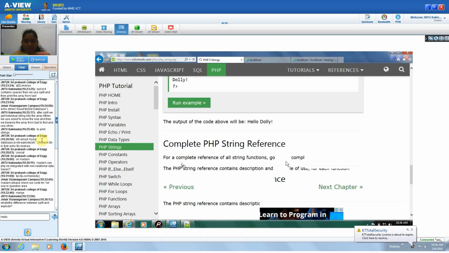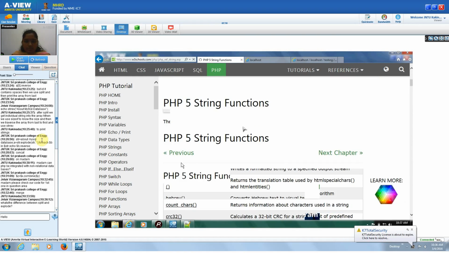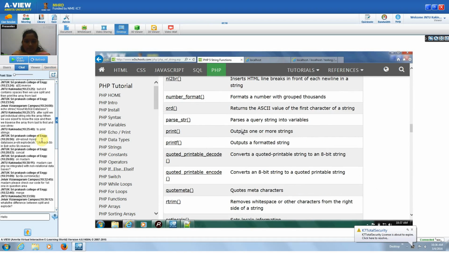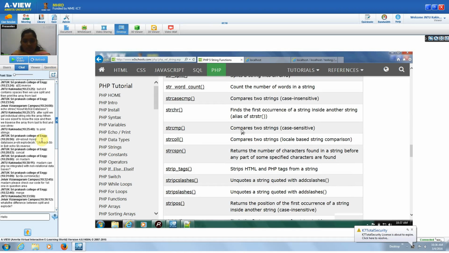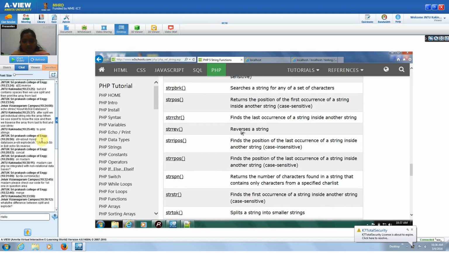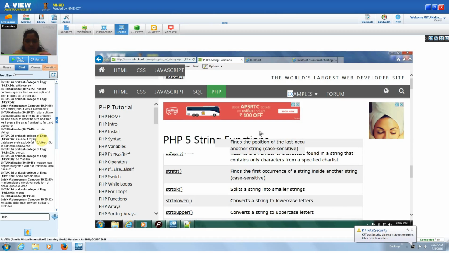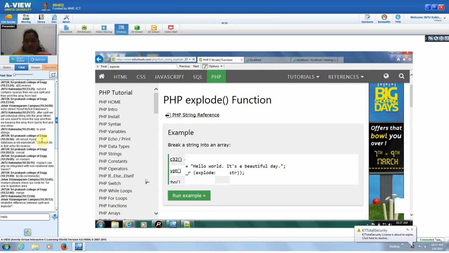So, visual notes. See, whenever you are using explode,